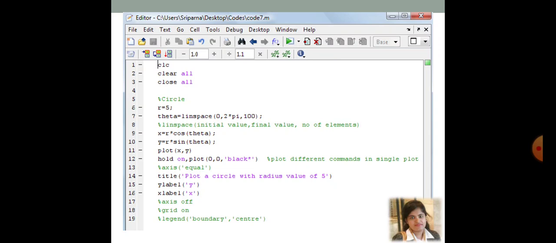So that is how you plot different commands in a single plot, that is the hold on. If you do not give hold on, two different plots will be created. But I want the two plots given in line number 11 and line number 12 to be in the same figure. Why? In line number 12 I am going to generate the center position of the circle.